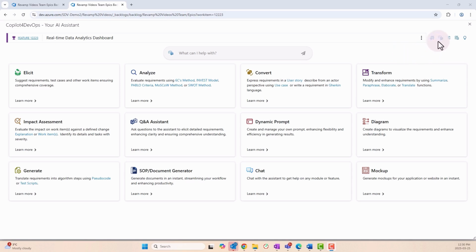Hello, and welcome to this video on the Smart Prompt function of Copilot4DevOps V5. Smart Prompt is an AI assistant specialized in handling queries related to Copilot4DevOps. You can ask it questions related to features, functionalities, and how to use